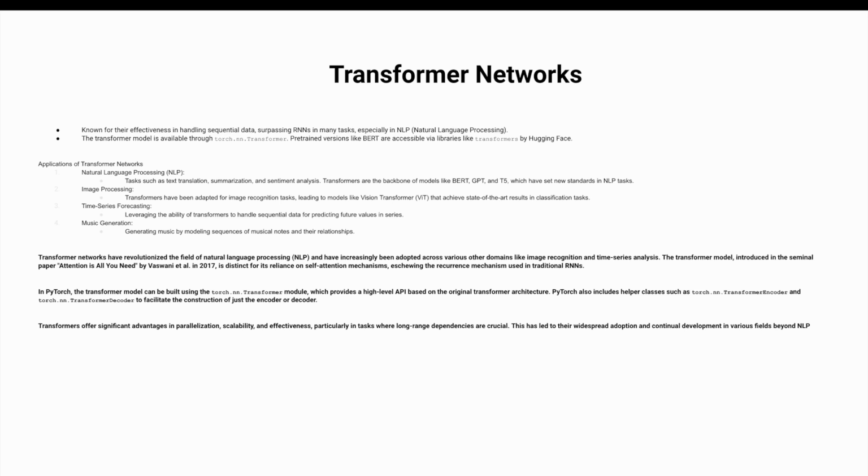The transformer model, which was introduced in the seminal paper, Attention is All You Need, is distinct for its reliance on self-attention mechanisms, eschewing the recurrence mechanism used in traditional recurrent neural networks. I'll say that again. The transformer model, introduced in the seminal paper Attention is All You Need, is distinct for its reliance on self-attention mechanisms, eschewing the recurrence mechanism used in traditional